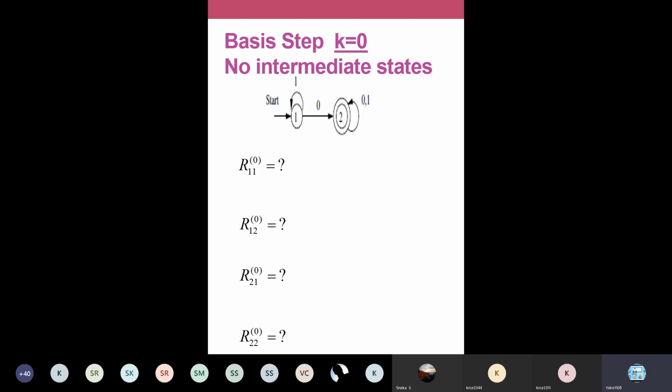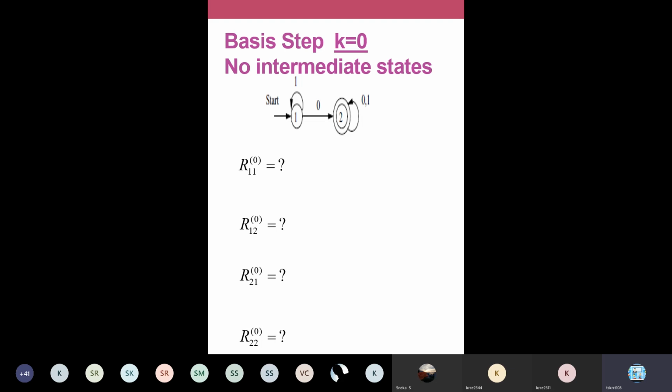Okay, whatever you're writing, it is the regular expression. So if from 2 to 1 there is no connection, you can write it as null. So R21 is null. You don't have any connection from 2 to 1. And R22 is from 2 to 2, you have an edge labeled 0, 1. If you have more symbols on your edge, you can write it as 0 plus 1. Your symbols must be separated by a plus. It means union, 0 or 1. The plus defines union.